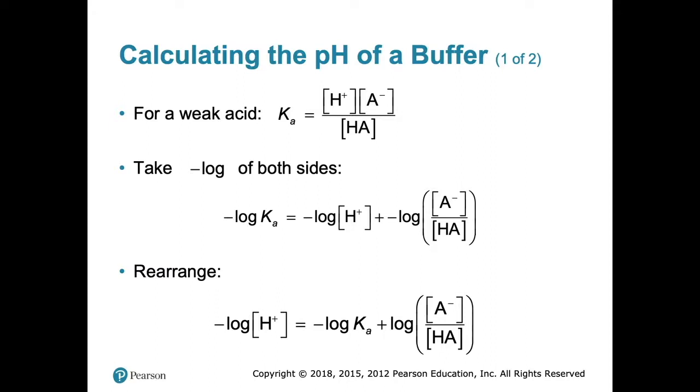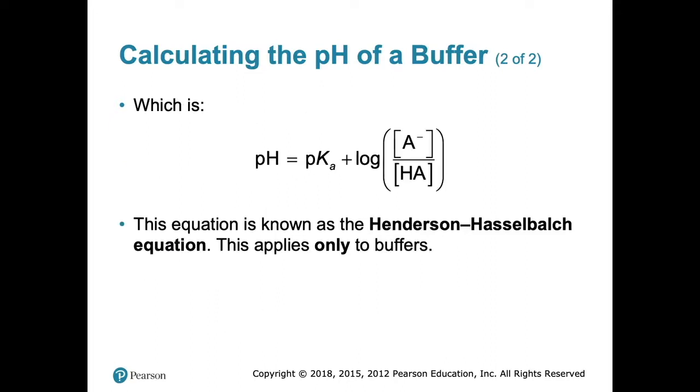Now that we figured that out, we have this equation where pH equals pKa plus the log of the acetate divided by the original acid concentration. And this is an equation that you'll use a lot in life, especially in the next few chemistry semesters. It's called the Henderson-Hasselbalch equation, okay?